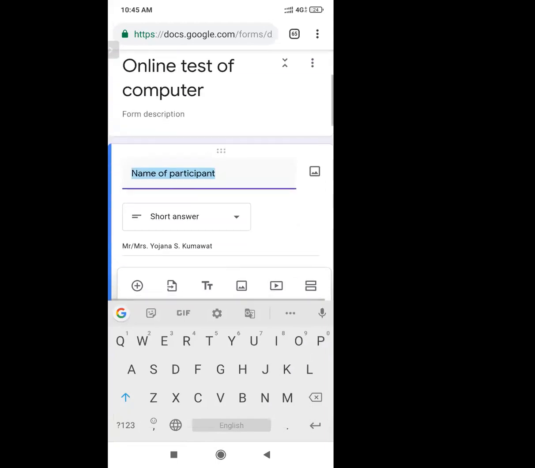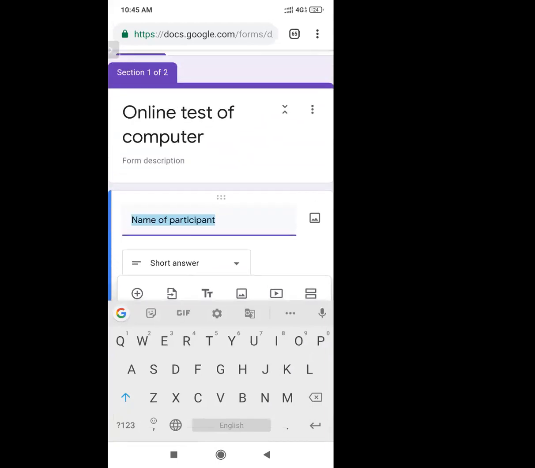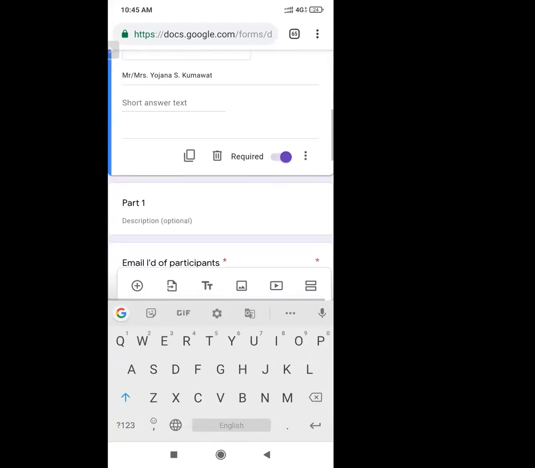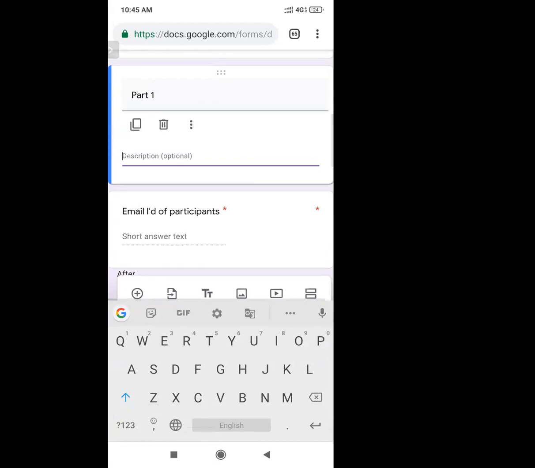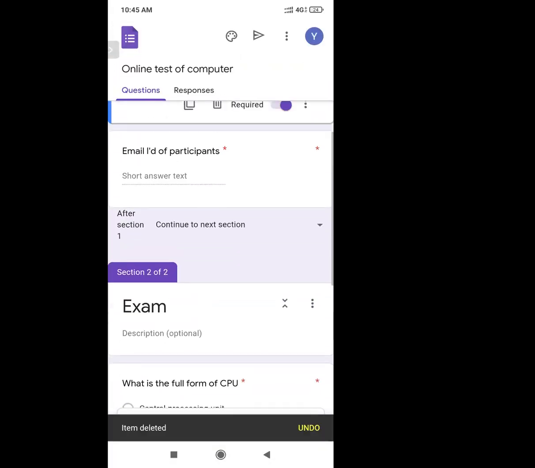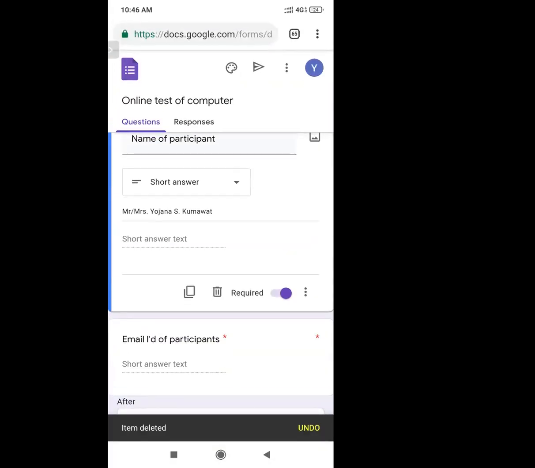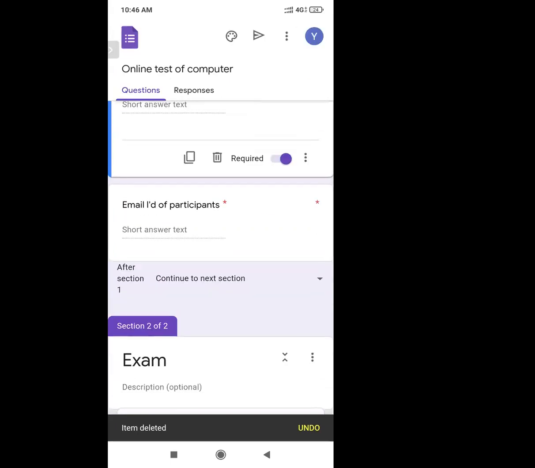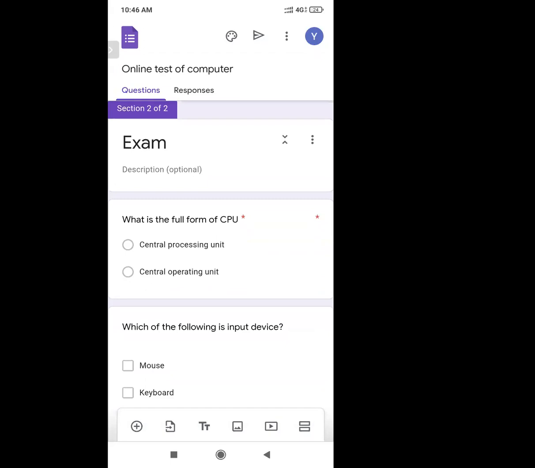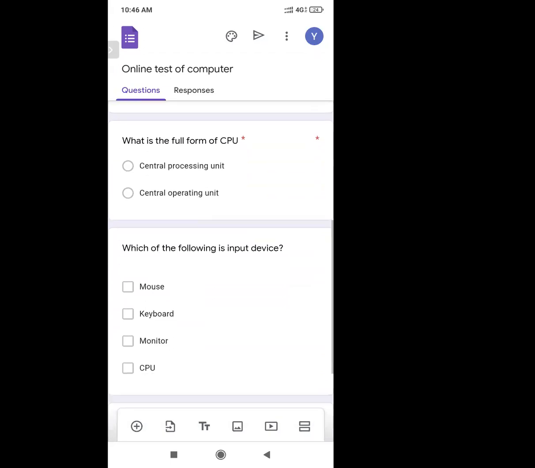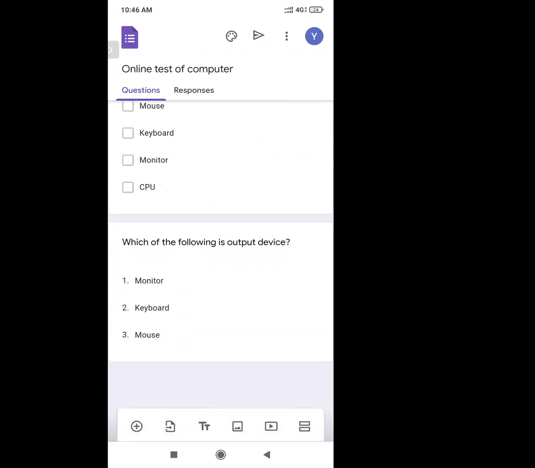Now in section 1 there are two questions: name of participant and email ID of the participant. I don't want this title here, so I will delete it. We have created section 2 as an exam, and I have added the 3 questions in this. Now I want to create it as a Google quiz.